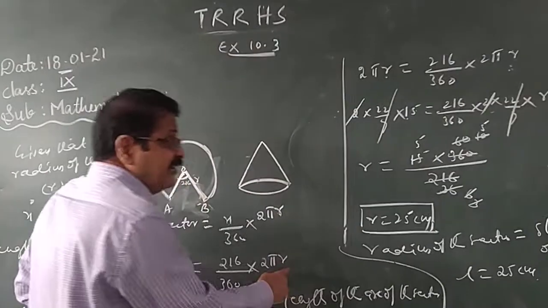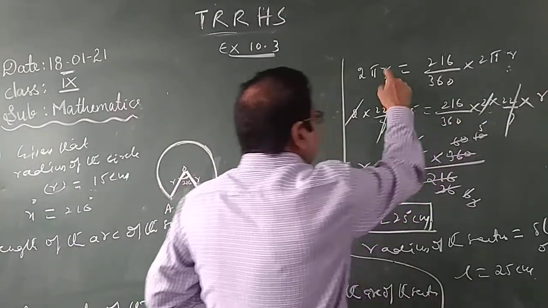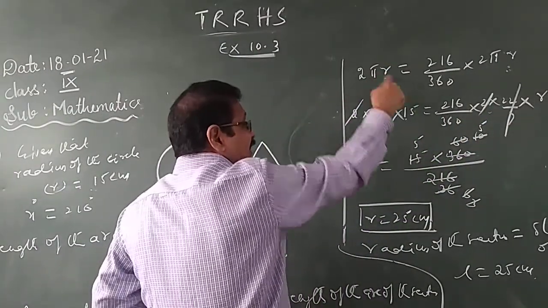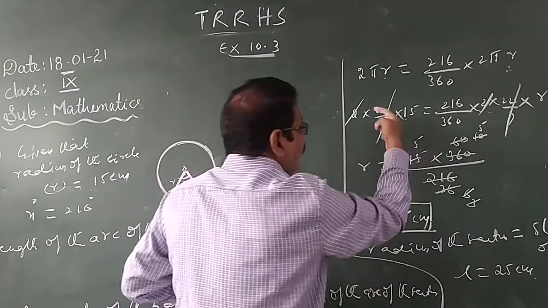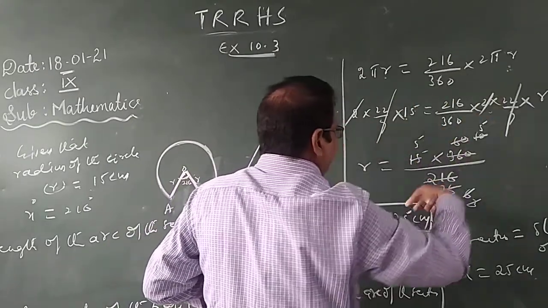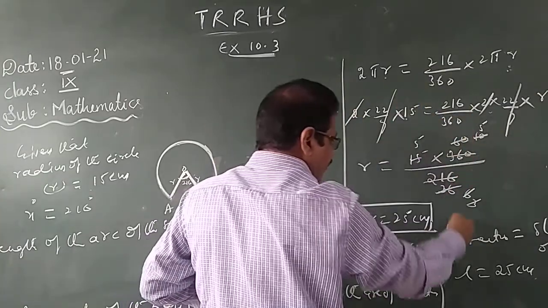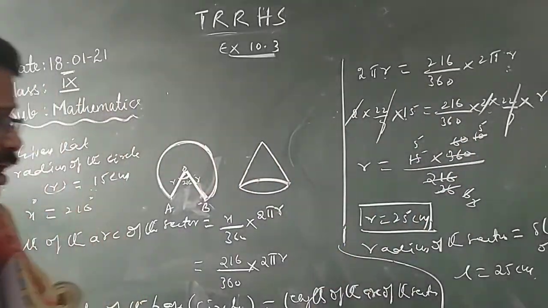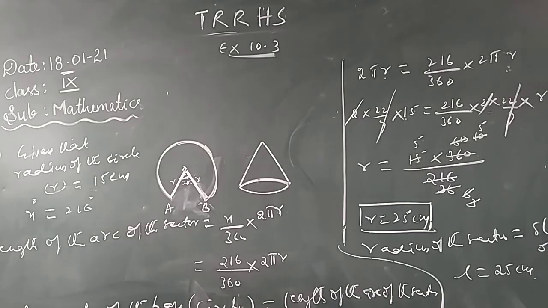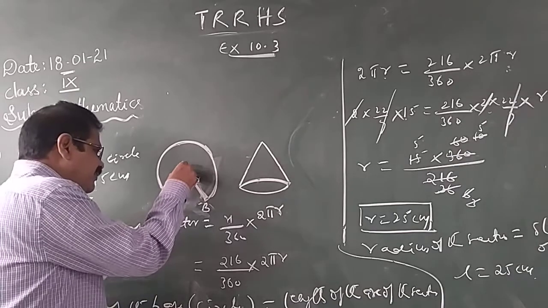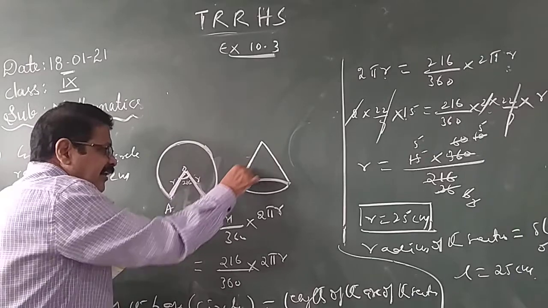We don't know the radius of the sector. Here this is the perimeter of the circle. The circle radius is 15. Substitute. So 2 cancels, 20 by 7 cancels. So we want R; the fraction goes to that side and becomes reversed. By simplification we get the R value. R is the radius of the sector. The radius of the sector is equal to the slant height of the cone.